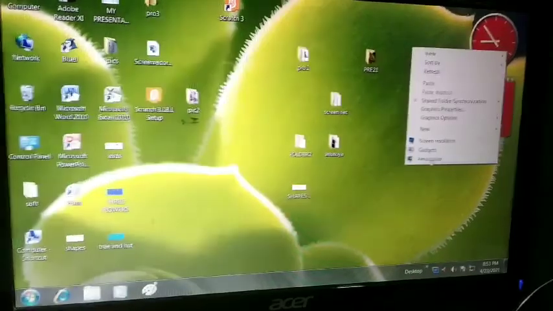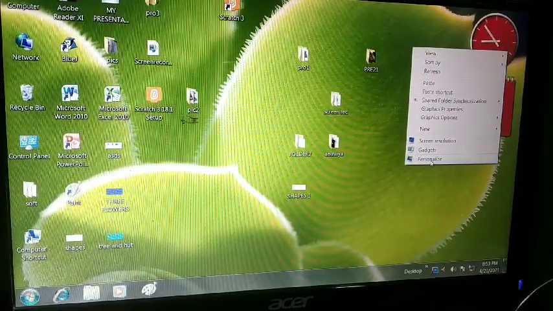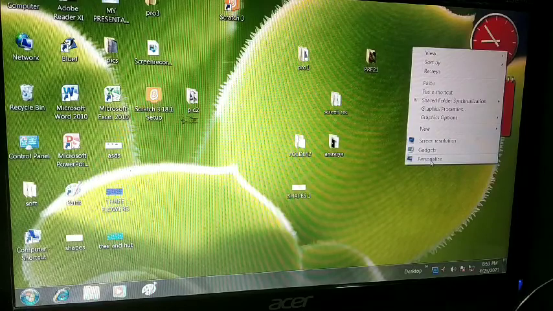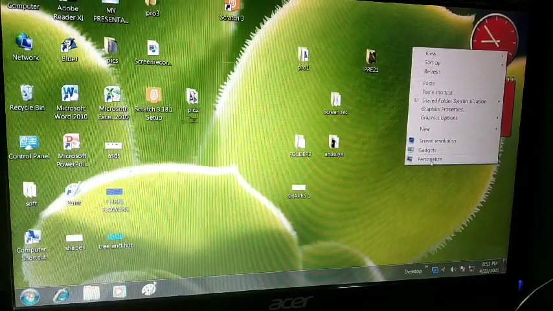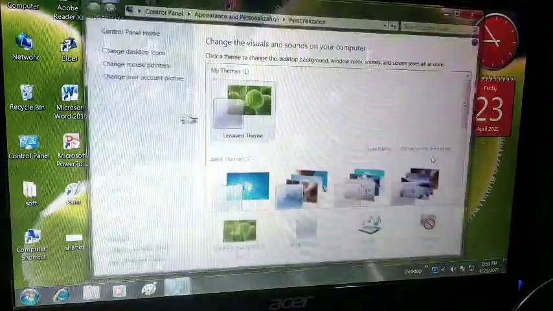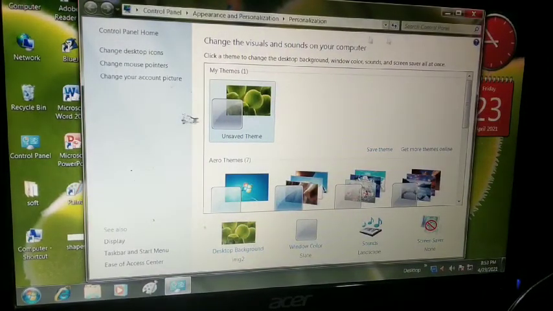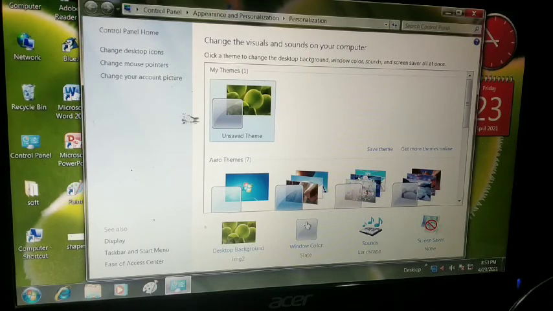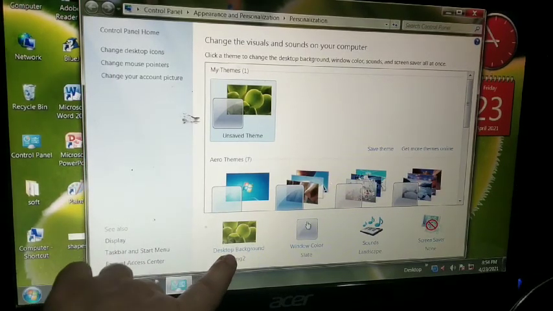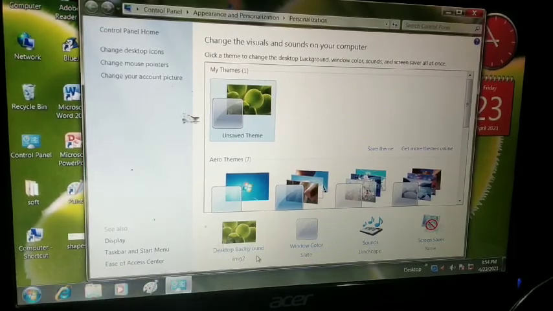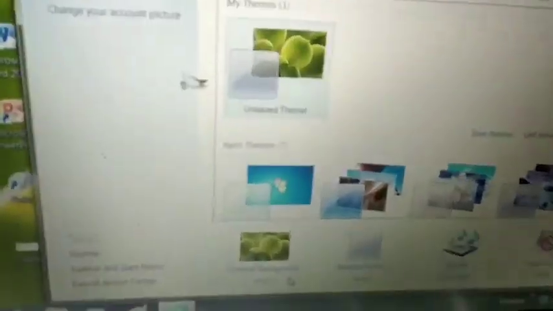When you click on it, you can see this personalization dialog box, or you can call it the personalization window. It appears, and here you will get the desktop background option.